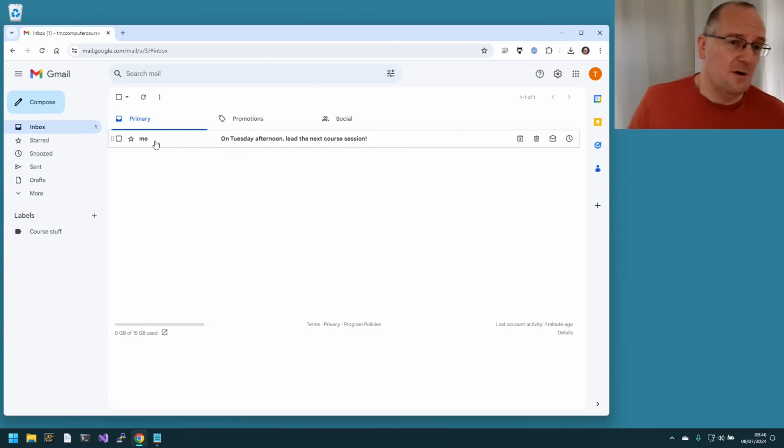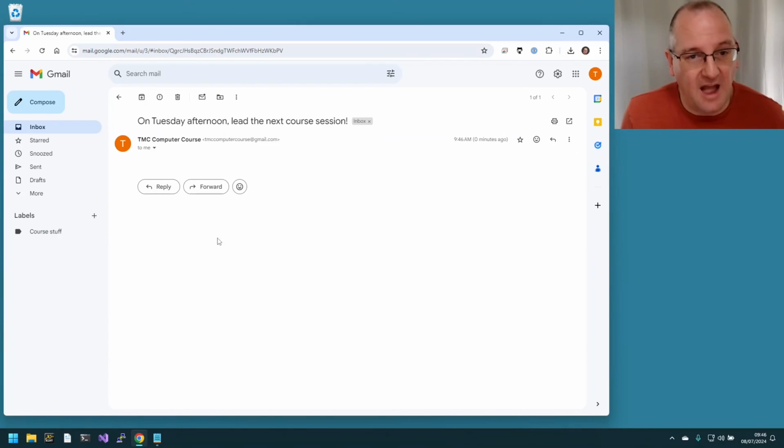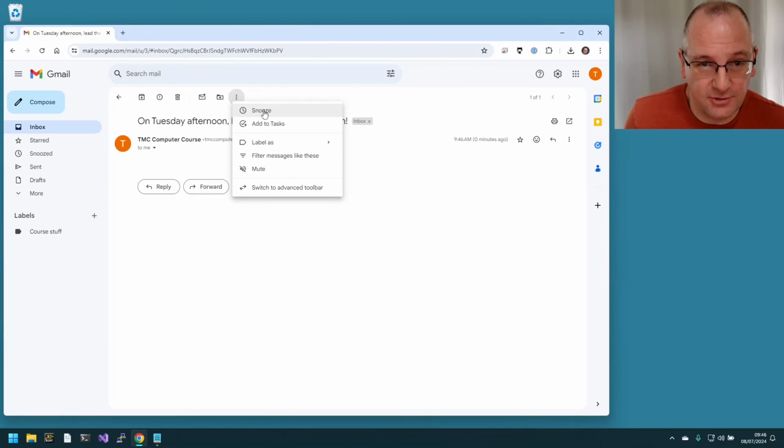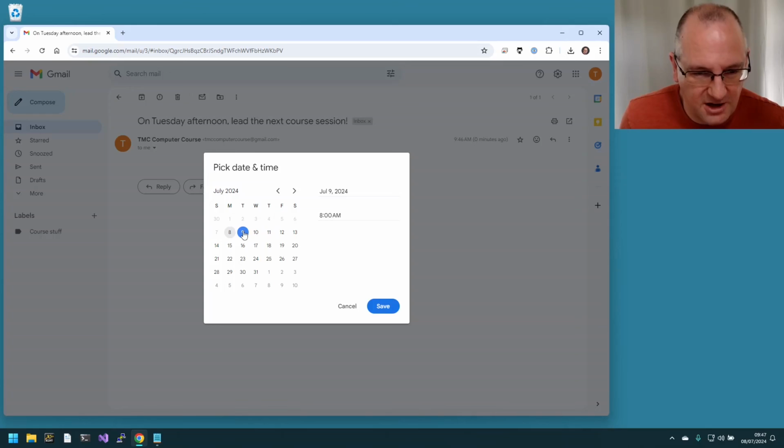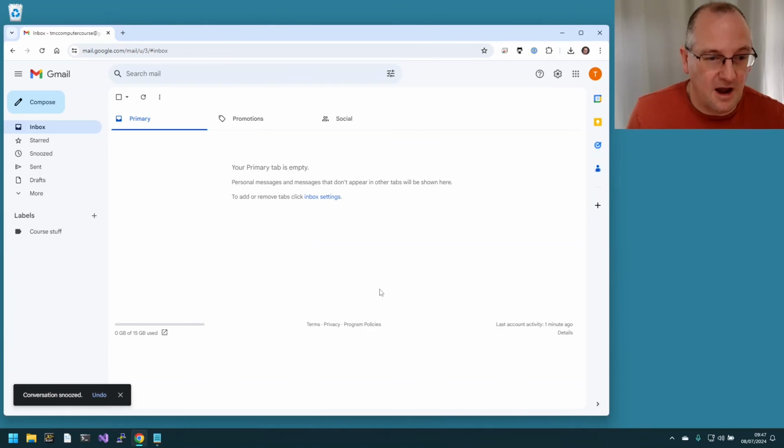Maybe I want to be reminded about that at 10 o'clock on Tuesday morning. So I go to the 3 dots and choose snooze, and none of the suggested ones quite match. So I will pick a date and time, pick Tuesday, and I'll say 10 a.m, save,